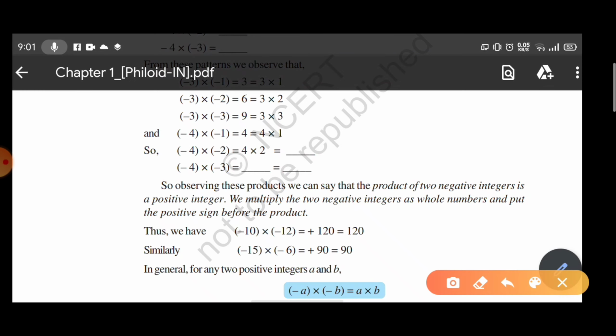Here it is like -3, your answer will be of positive 9, because minus will give you a positive result. So here the same condition is provided: the product of two negative integers is a positive integer. Okay, in this way you can answer this. Now next one is